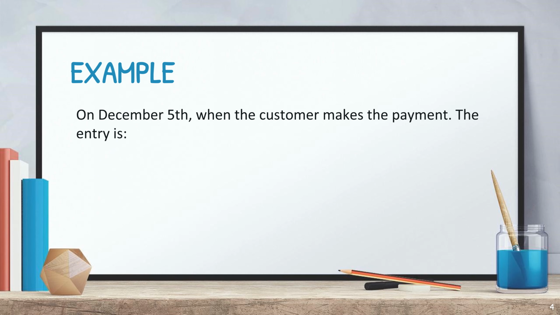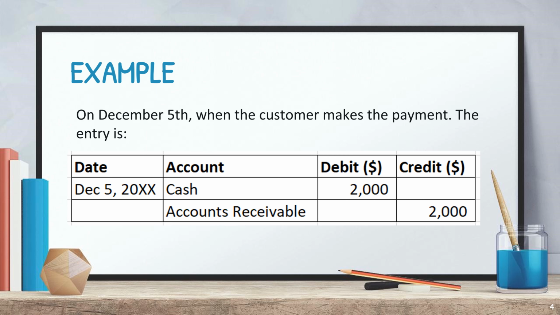Now, let's fast forward to December 5th when the customer makes the payment. We'll record the journal entry for this transaction as well. In this journal entry, we debit cash for $2,000 because we are receiving the payment from the customer. On the other side, we credit accounts receivable for $2,000 to reduce the amount owed by the customer since they